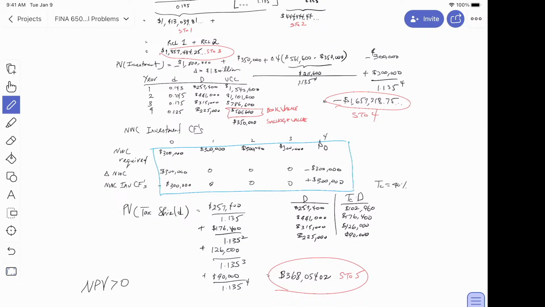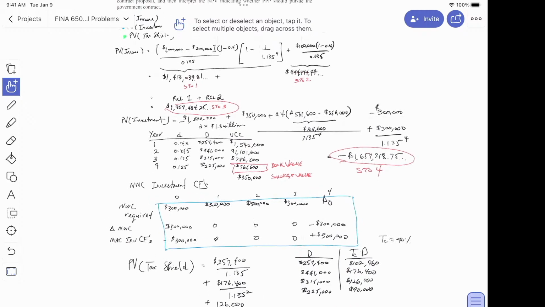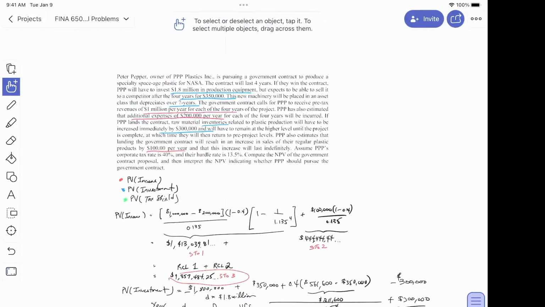Oh, the whole problem? The only problem with this problem in Excel is, wait, we had an indefinite term, right? Not in this one. Wait a second. Yeah, the only problem with this is the 100,000 increase in expenses in Excel. You can't put an infinite amount of cash flows in Excel. That's the problem. So you would have to add it or subtract it. Oh, we added it. It was revenues? I can't remember. Increase in sales, right. There was revenues. So you could do it all in Excel and then add that perpetuity.